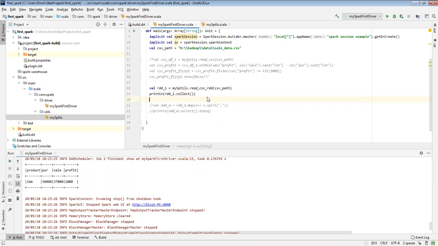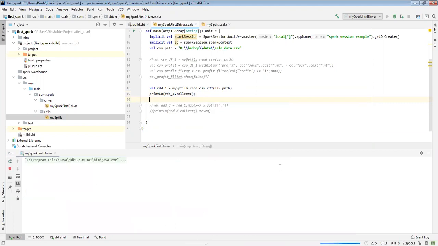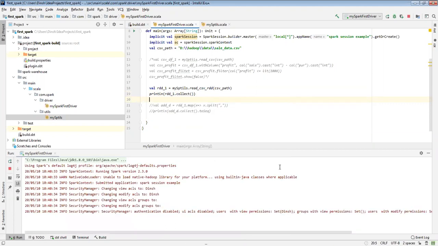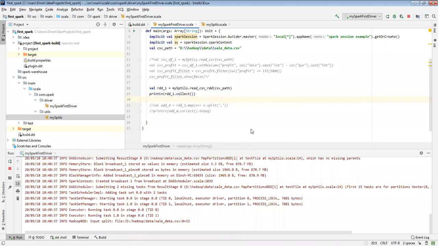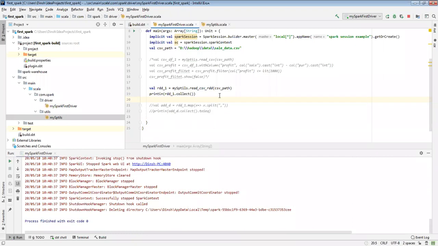Sometimes it is in serialization format, so I'll check if it is serialization and we'll check how to do the deserialization. Yes, it is in serialization format. So if you want, you can connect it to sequence and serialization.